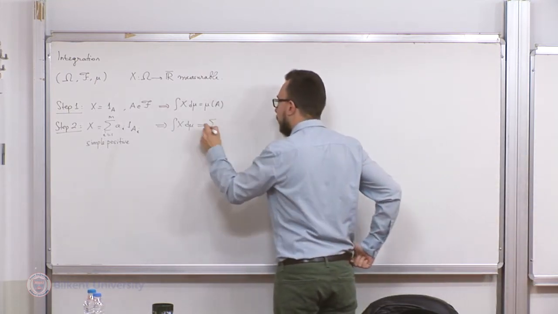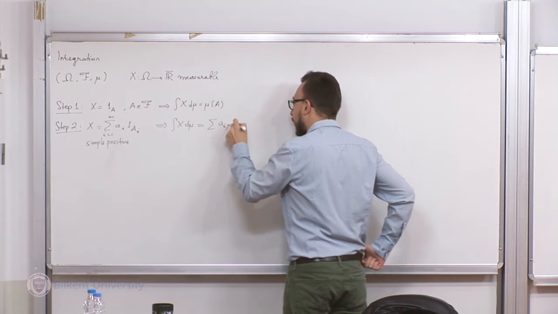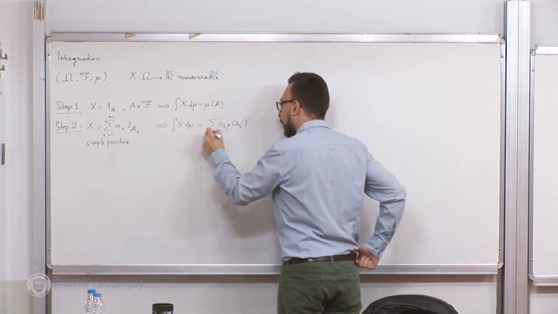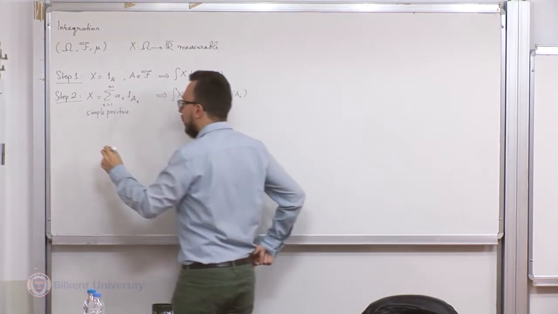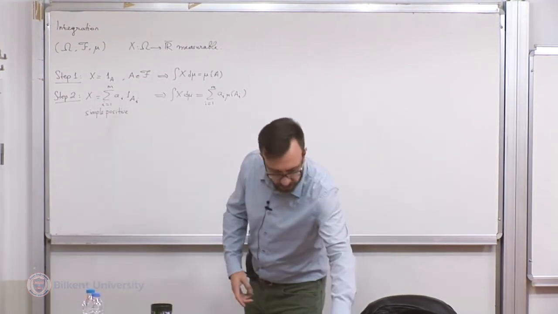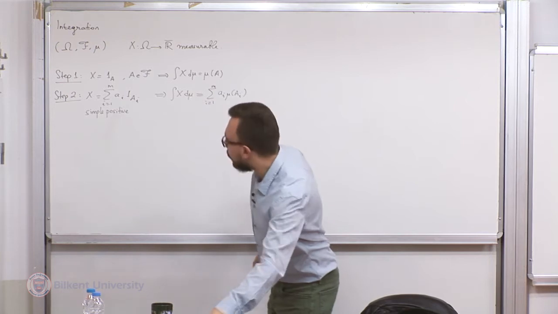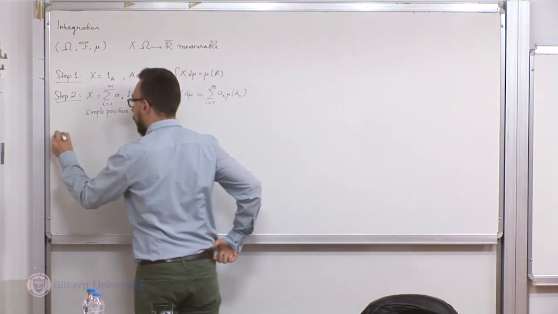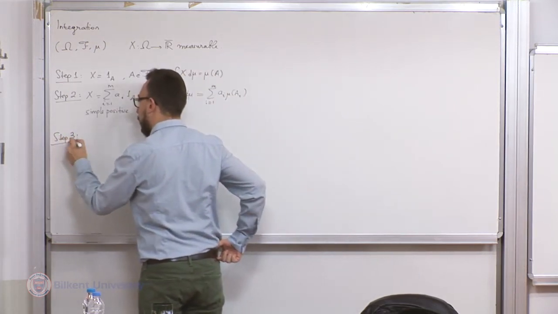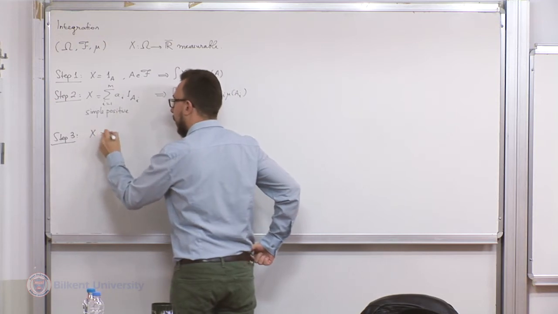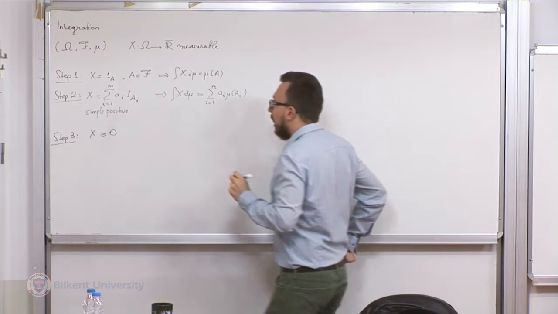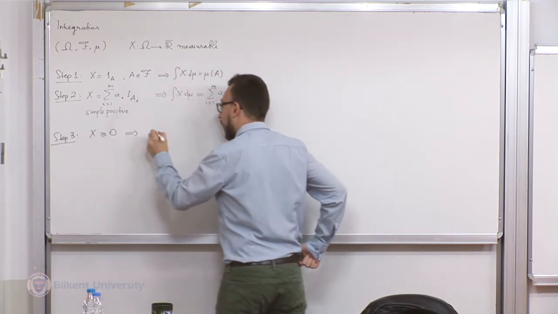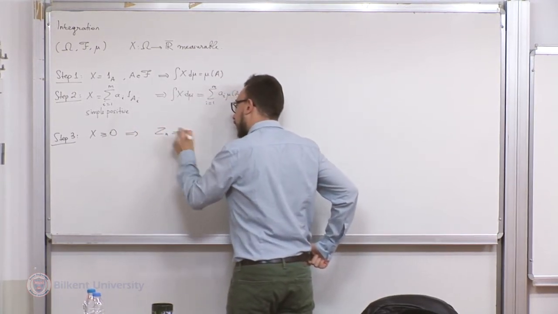Meaning that this is the sum of a_i mu(A_i). And in step 3, we extended this definition to arbitrary positive measurable functions using the canonical way of